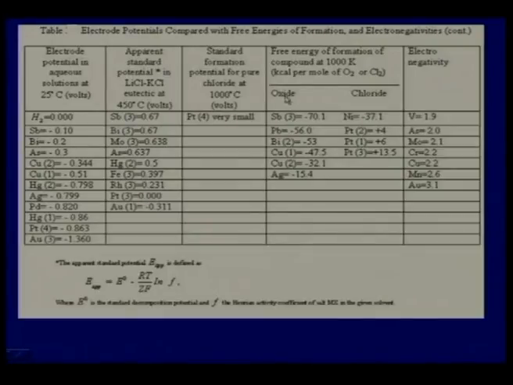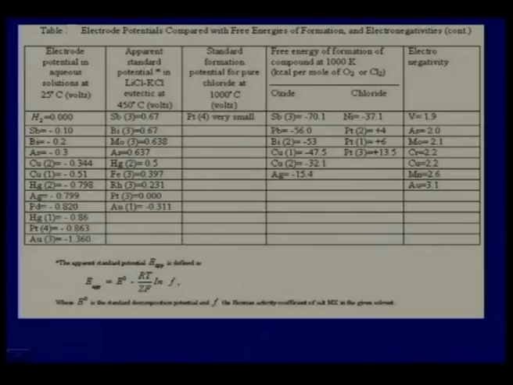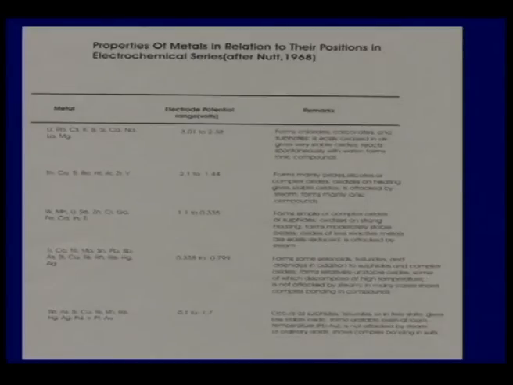Mostly we quote values of oxide and chloride. There are some other ways of also assigning relative reactivity, but we need not discuss that. Now, if we have understood that not all metals are similar in terms of reactivity, and if they are not similar, what will happen? They will obviously form different kinds of compounds. I have listed some characteristics here,